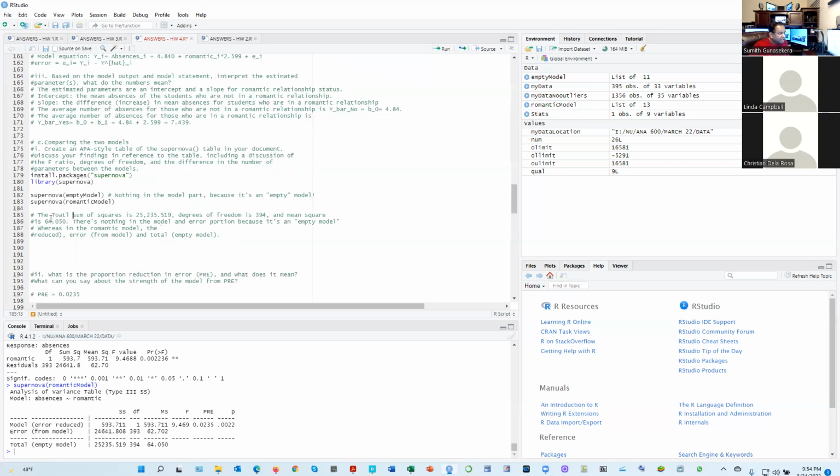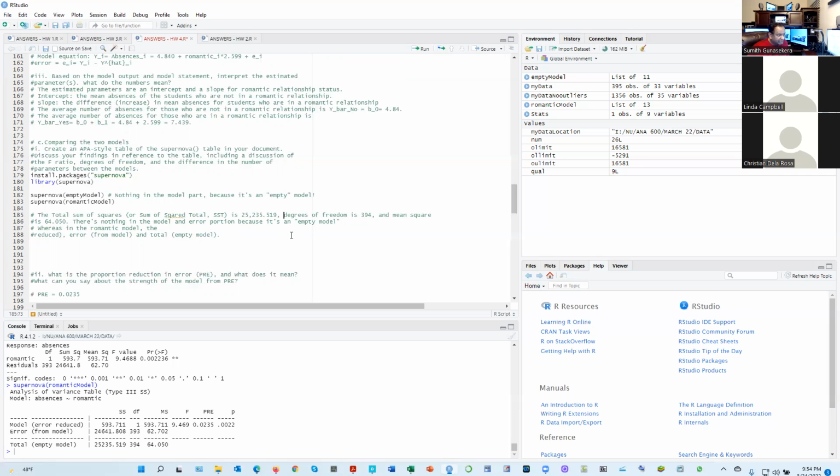The sum of squared total, which is given by SST, is this much